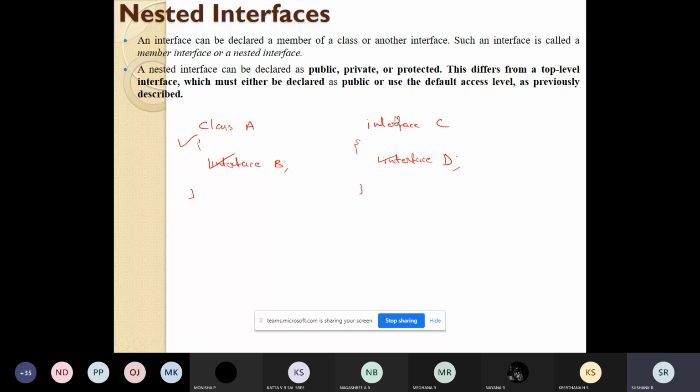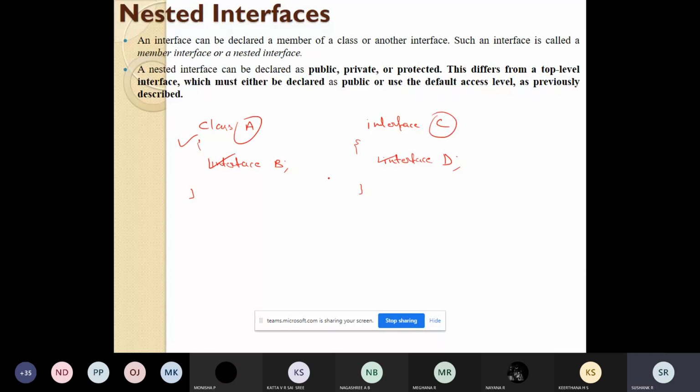Why are they used? Nested interfaces are used to group interfaces so that they are easy to maintain. And how do you refer to the nested interface? You can refer to the nested interface by the outer class or outer interface.